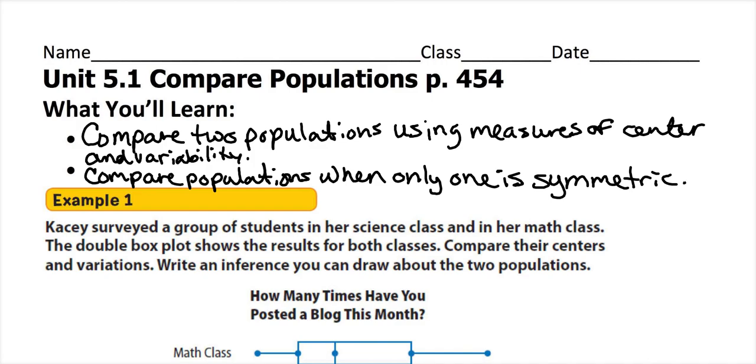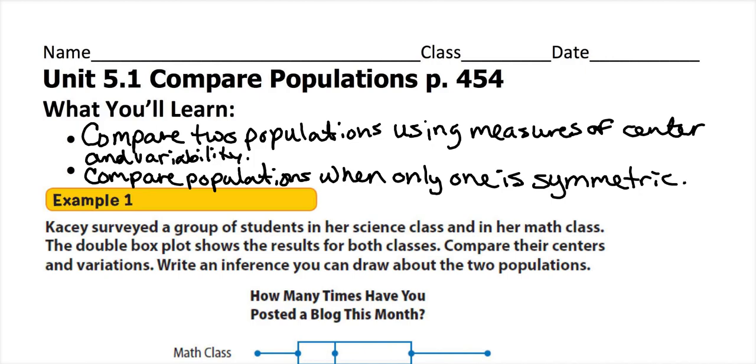Okay, so let me talk at you while you're writing. So the measures of center are the mean, median, and mode. You've talked about those in the past, so that shouldn't be that big of a deal. You pick mean, median, or mode to talk about,